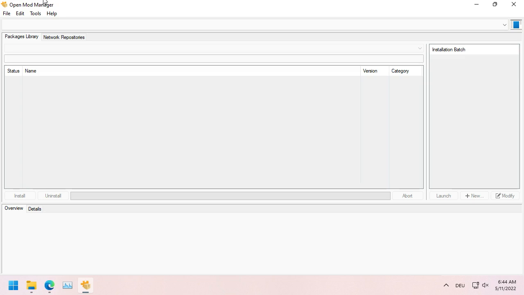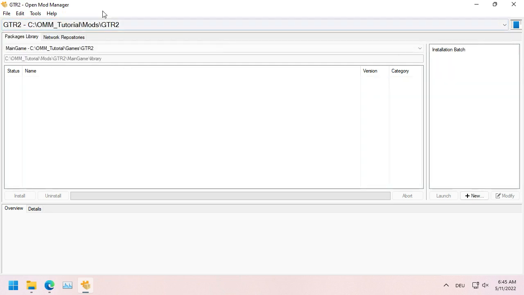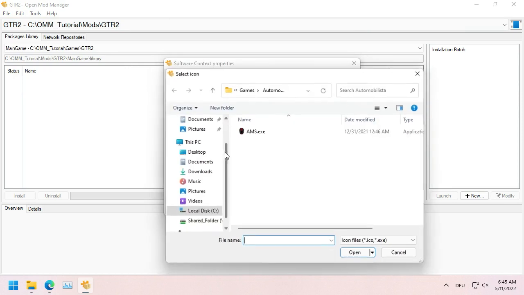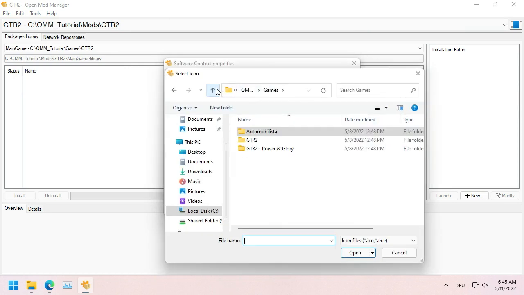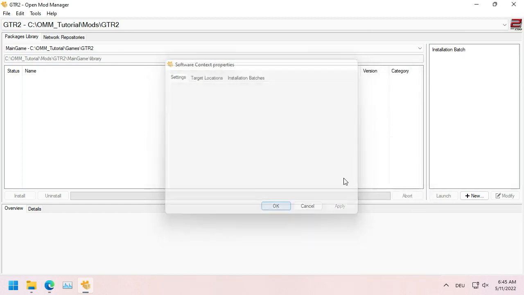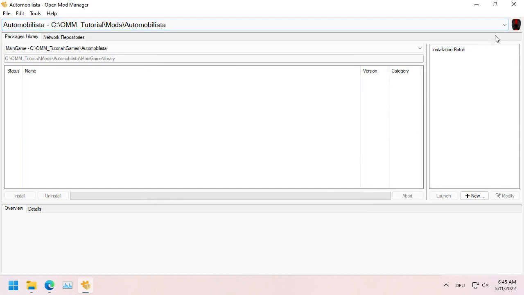What we also then can again customize is here. We first need to select it here, GTR2, then make software context properties, icon, and then we go one step above, GTR2, the EXE file, press apply, and then we have the icon here as well. So we can switch between the both, and you see the icon is also changing. Okay, I think we are done for this chapter, and now we will go over to show you how you